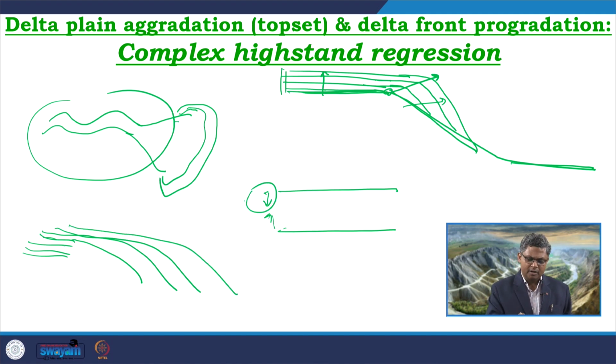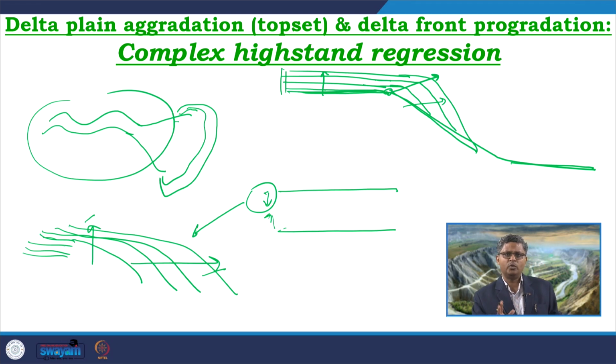So, in this upper part we get this kind of scenario where more progradation is going on, because now the vertical aggradation is not that much available and we are getting less aggradation, higher progradation. So, within this delta plane part we get more aggradation, that is the topset area, and that results in this area which is called the highstand prism. So, this highstand prism continuing from the fluvial part will continue into the delta plane area.